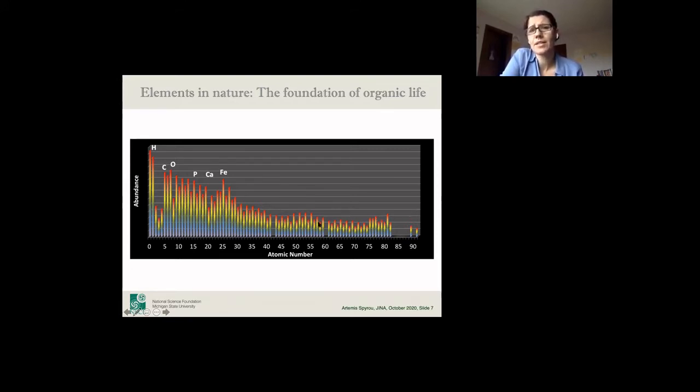Even at the heaviest elements, if you look at it carefully, you'll see some bumps here and there, which are also significant. So all of this, spoiler alert, all of these structures that you see here are coming from various nuclear physics properties. And I'll talk about this a little bit later. The other thing I wanted to point out, so these are the elements in the universe. Let's say the elements in the solar system. But in the universe in general, we see similar structures, although different stars can be different from each other.